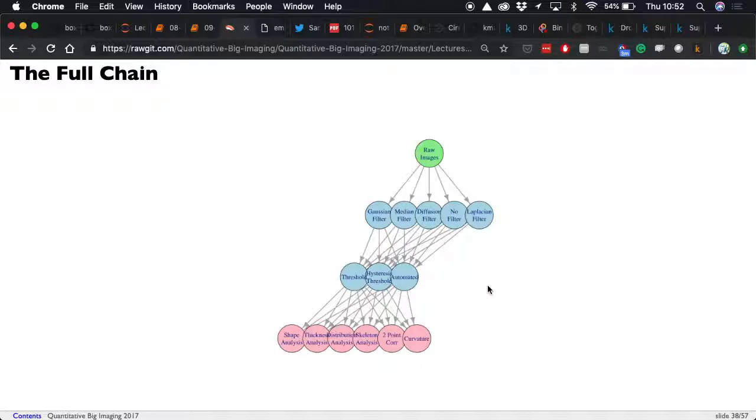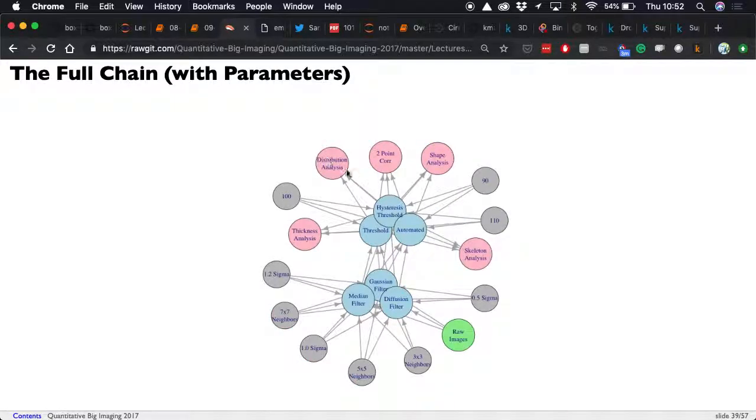And then you have all of those flowing into all of your next analyses. And so you can end up with processing chains that are quite complicated. And of course, once you add parameters to this, it gets even worse. So you now have a Gaussian filter with 0.5, with 1.2, with 1.0, with a 3x3 neighborhood, a 5x5, all of these other parameters that can come in. And how do you get a grasp of what analysis you're actually performing and what things actually work